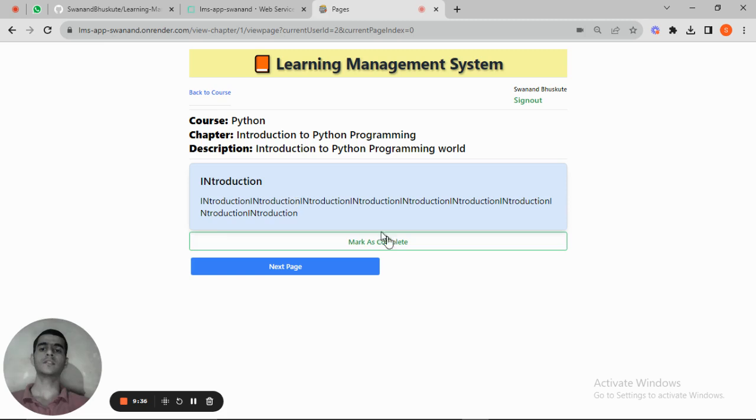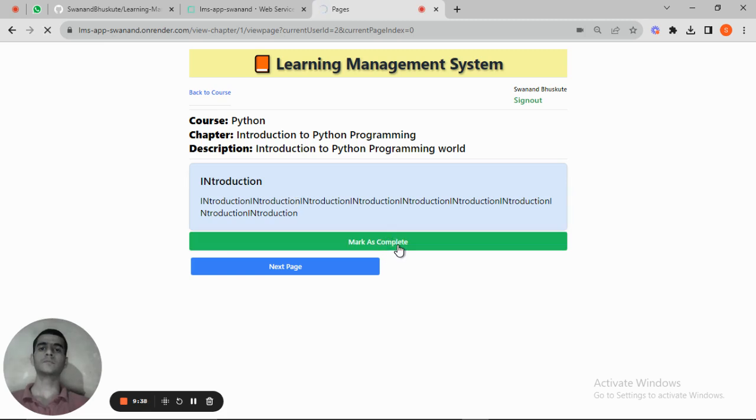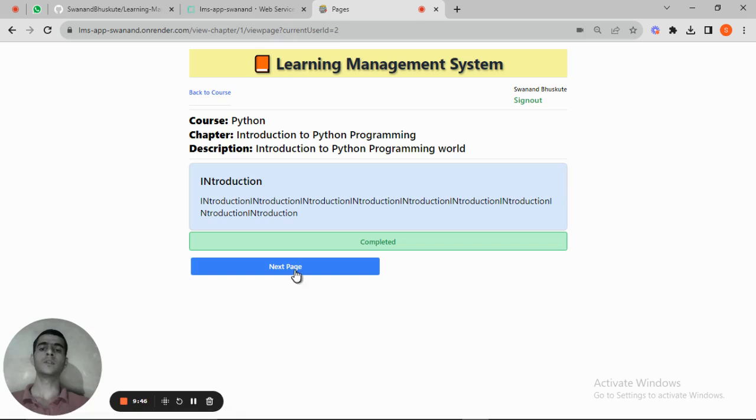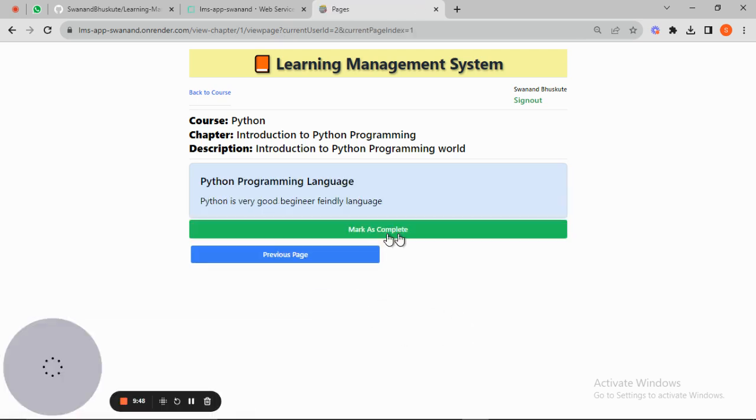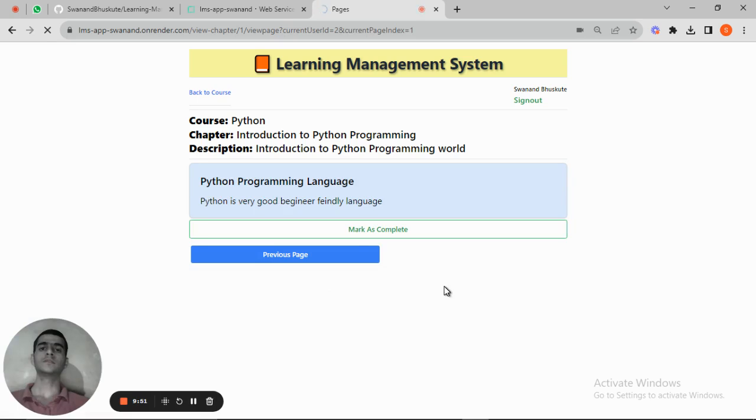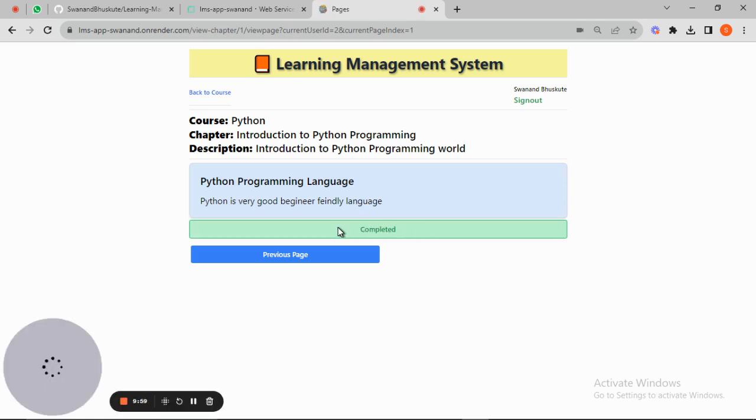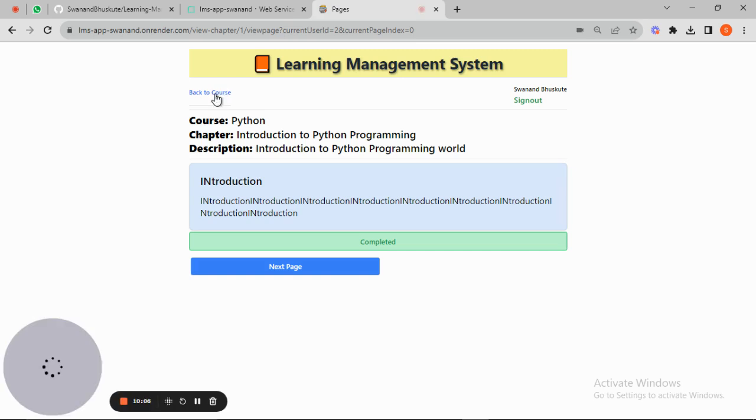Let's say I read this and I mark as complete. So yes, this chapter is completed for me, and it is successfully marked as complete. Now I will move to the next chapter, next page. I also mark this as complete. So yes, both these pages are now completed for me, and these actions are also irreversible. Now if I go back to the course and see how much I have progressed in the course,